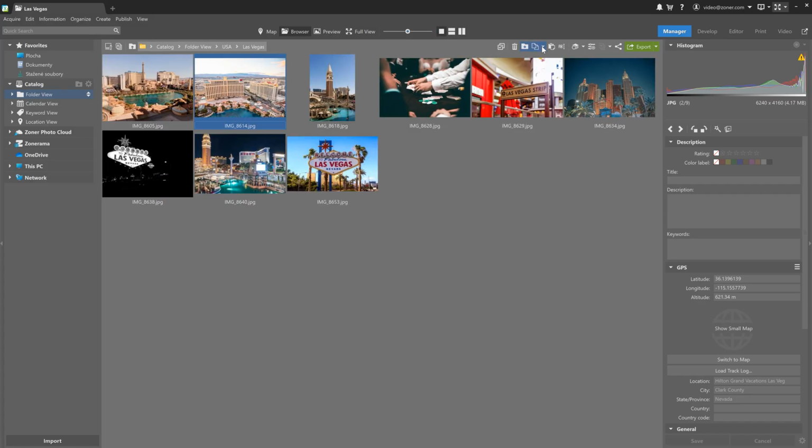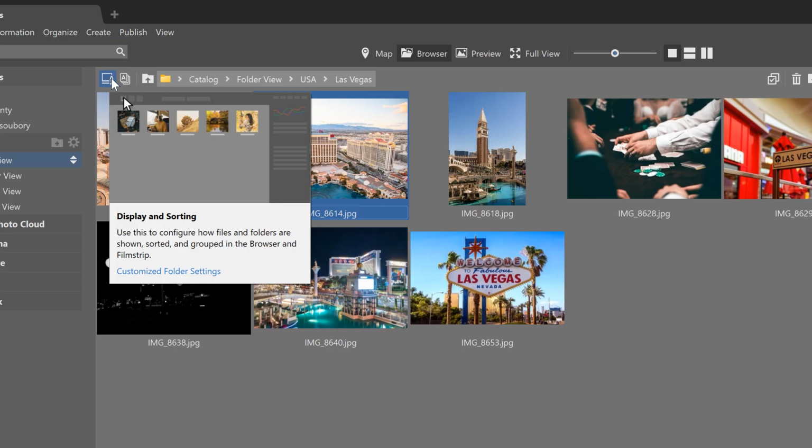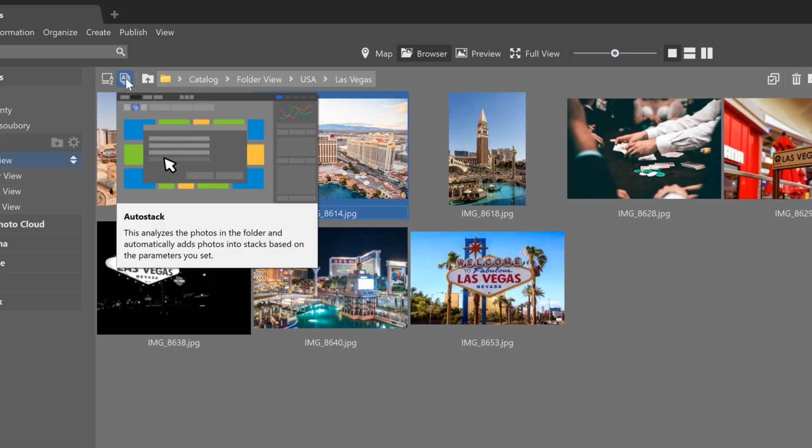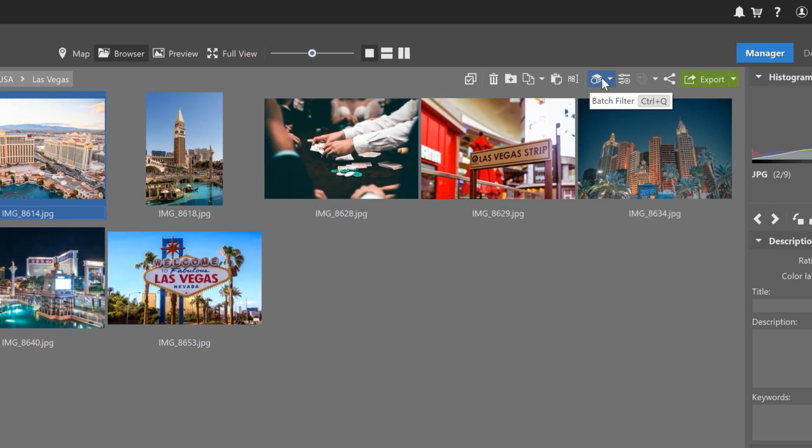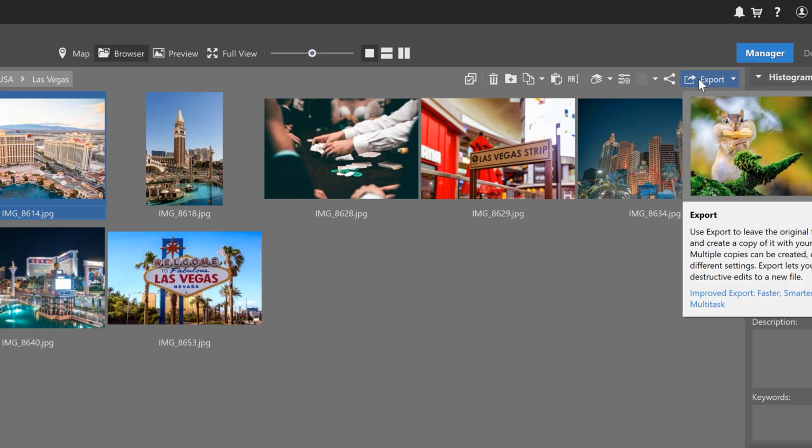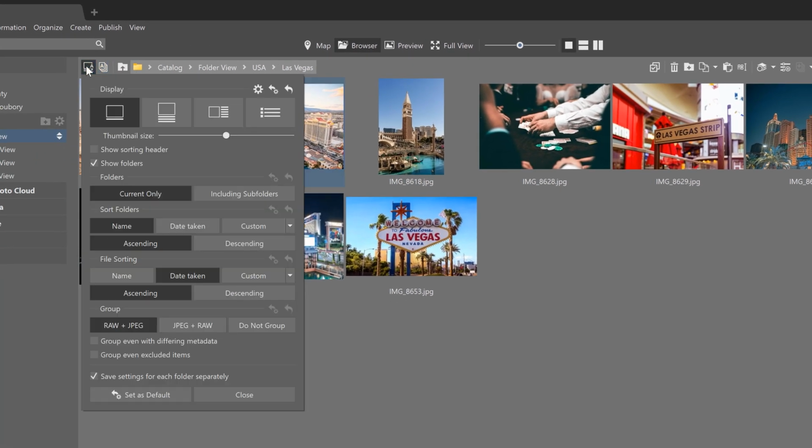Now right here above the thumbnails, you can see the navigation toolbar. You can find icons for display and sorting, auto stack, batch filter, variants, share, and export. Under display and sorting, you can set exactly how you want your photos to be shown and sorted, including the options to group RAWs and JPEGs.